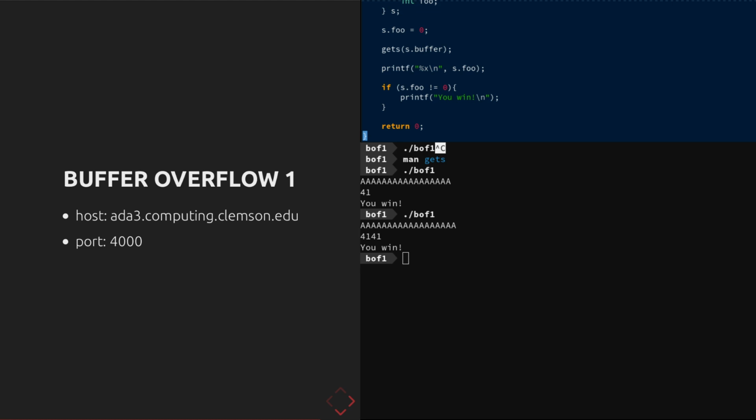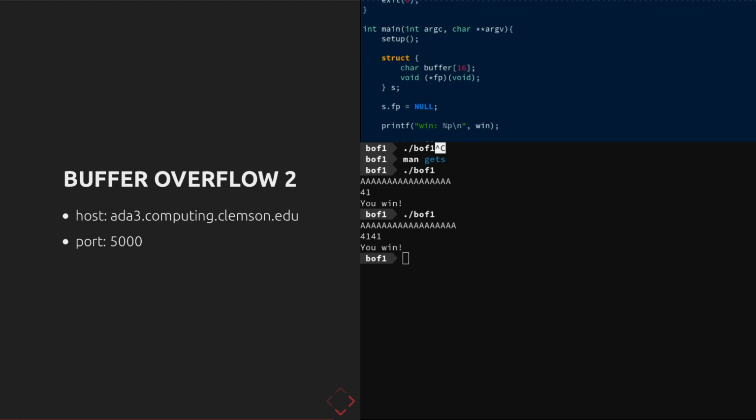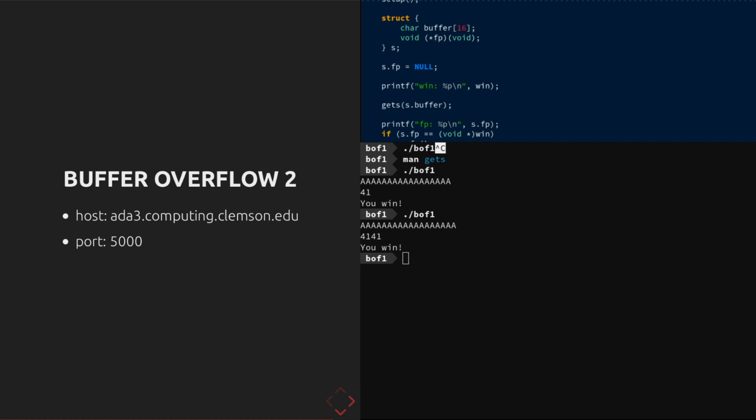All right. So is everyone ready to move on to buffer overflow 2? I'll take that as a yes. Buffer overflow 2. All right, buffer overflow 2. So our setup function is called,